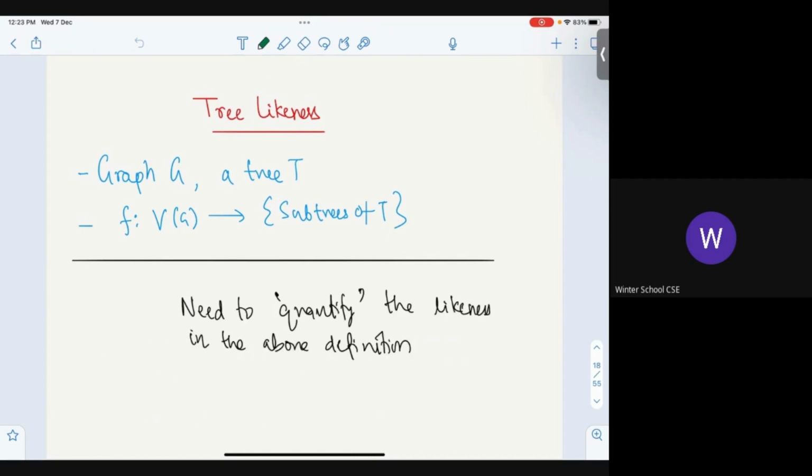But now we need to quantify the likeness in the above definition. What is likeness in the definition? How do I quantify that this is like 5 like trees or 10 like trees? I want to quantify how close you are. I want to give a number to this so that I can say, if it is 1, you are a tree. If it is 2, you are almost like a tree. How am I going to quantify that number? What do you think are possible potential definitions?